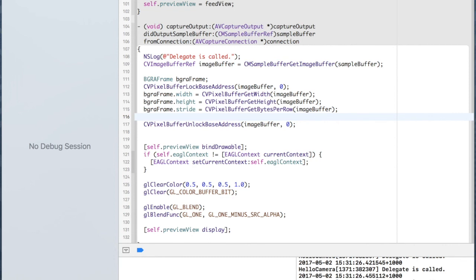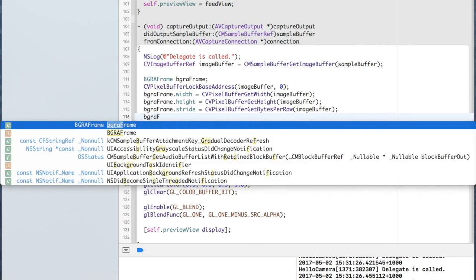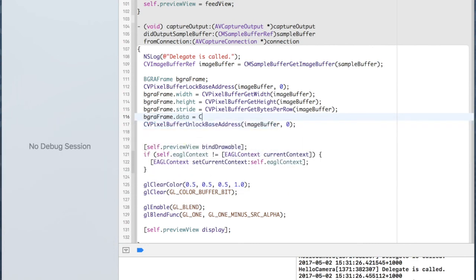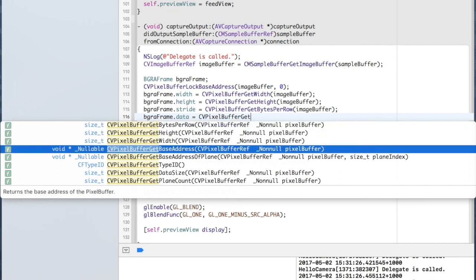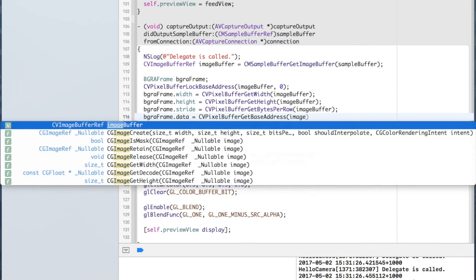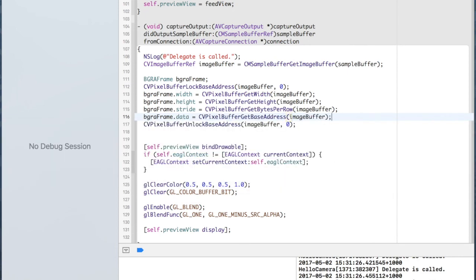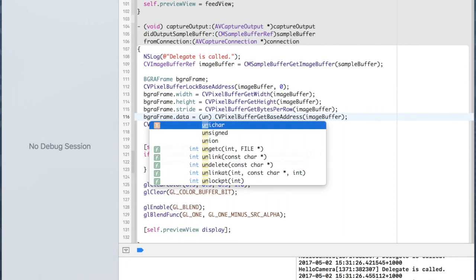Now let's get the buffer itself, the frame data itself, CVPixelBufferGetBaseAddress, image buffer, fine. And we want to use type conversion, so